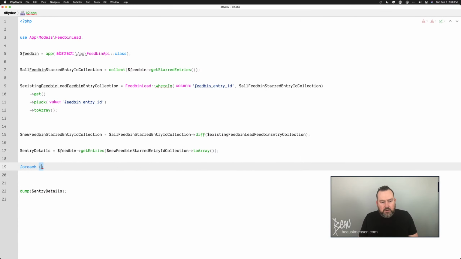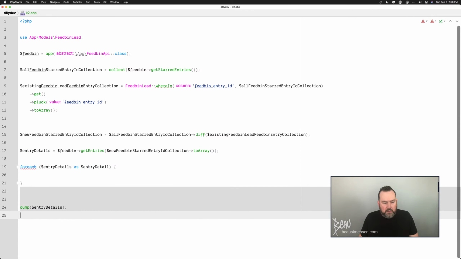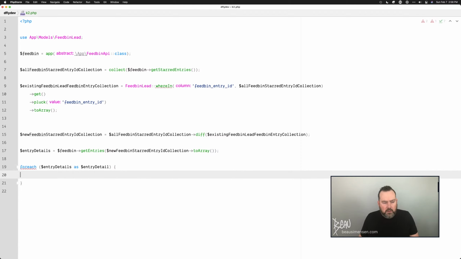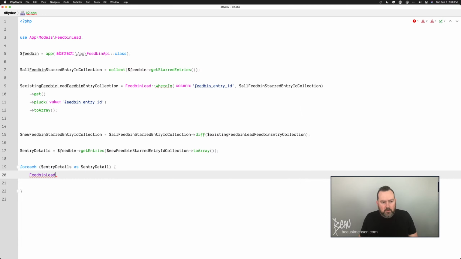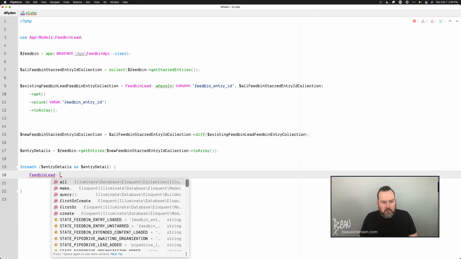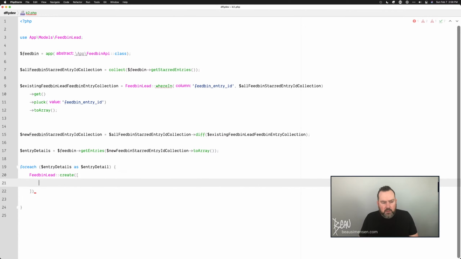For each details as detail, create a new Feedbin API instance. Or no, a Feedbin lead instance. So we're going to do Feedbin lead, create, and the information that we have right now